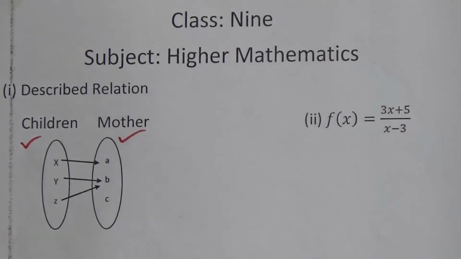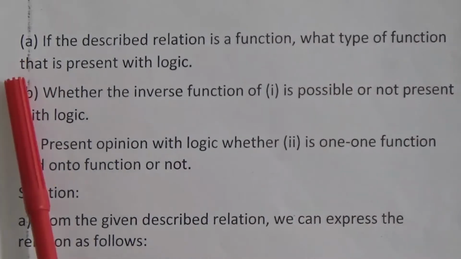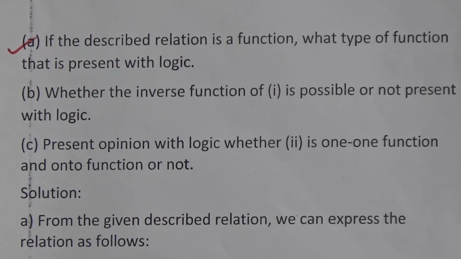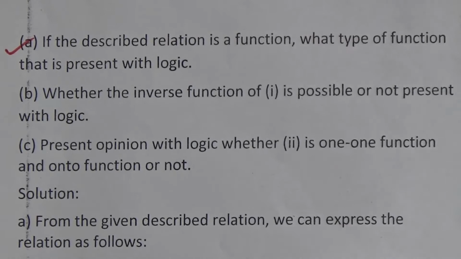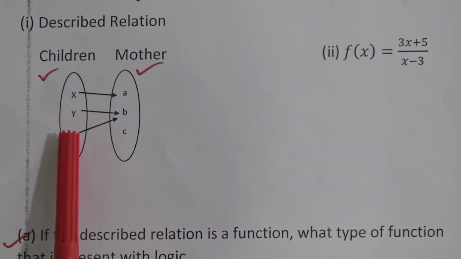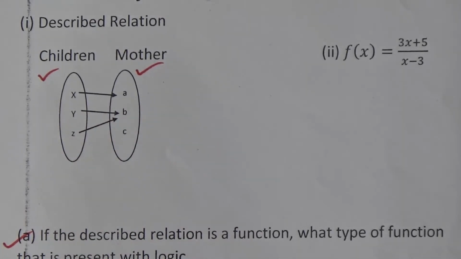Now question A. If the described relation is a function, what type of function is that, with logic? To answer question A, at first we have to know when a relation is said to be a function. Dear students, a relation is said to be a function if every element of the first set corresponds to a unique element of the second set. It means that if we express the relation,